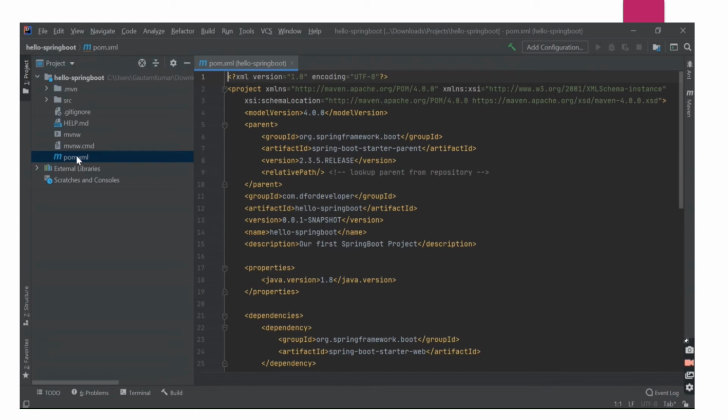You can just go to the pom.xml and check the dependencies and the versions that we added on the initializer tool. So if you see this, this is the artifact ID that we had given. This is the group ID that we had given. Okay, name of the project, description of the project that we gave on the tool, Spring Initializer. This is the version that we had selected, Java 8. If you remember, we had added one dependency as well, starter web, Spring Web. So this is the dependency.